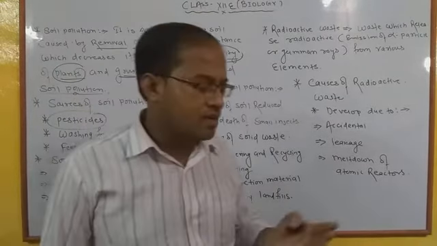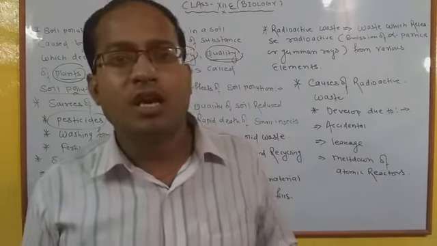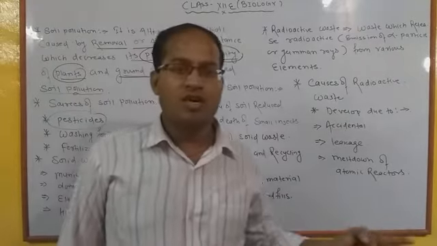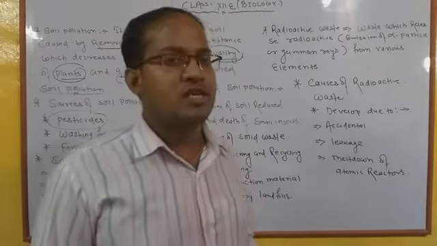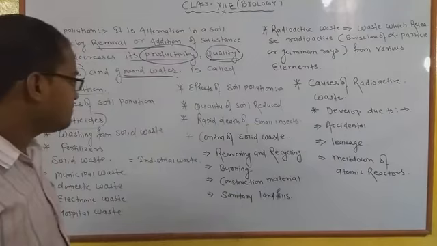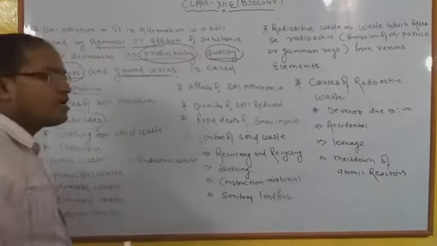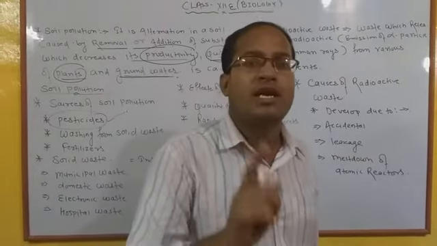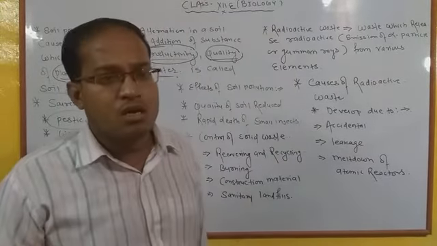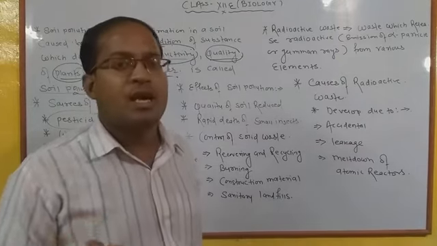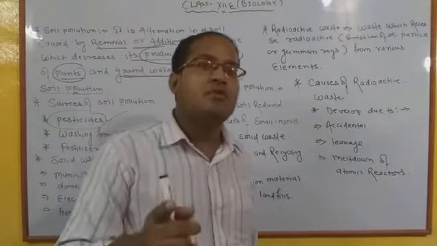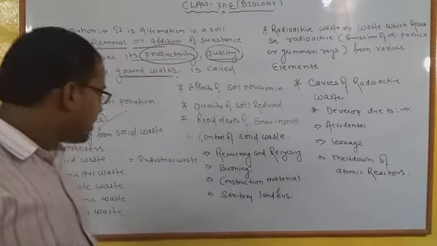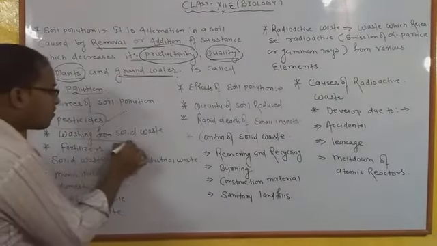Pesticides include different types of fungicides, biocides, DDT and certain types of powdery substances which are generally spread in the field to destroy the weeds and small insects and so on. The higher concentration of pesticides in agriculture creates problems of land pollution. If the powdery substance is sprayed in large quantity, that causes land pollution, and land pollution is a serious problem in the world. This is very important. Next point is washing from solid waste.